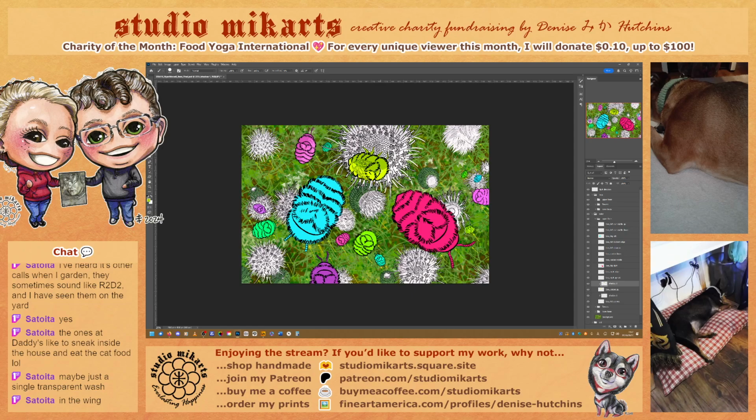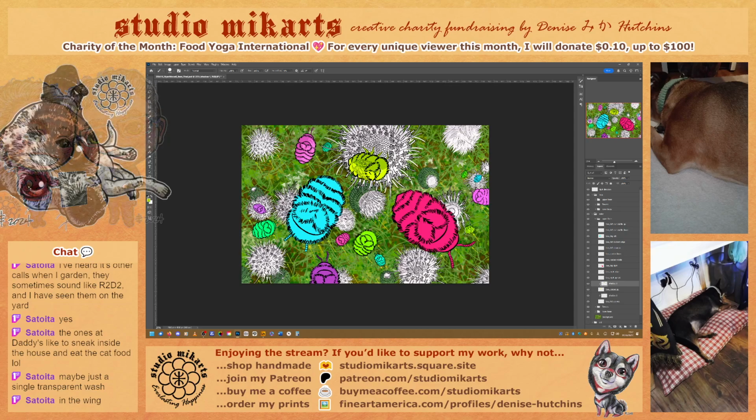yellow? Need to see one from the head to see. Let's see. Here's one. No, their head is black too. But there is a yellow band. So this part is black, and then I guess this part is yellow. So that would be yellow. And then their head is black. Maybe just a single transparent wash in the wing. Yeah, maybe I will...